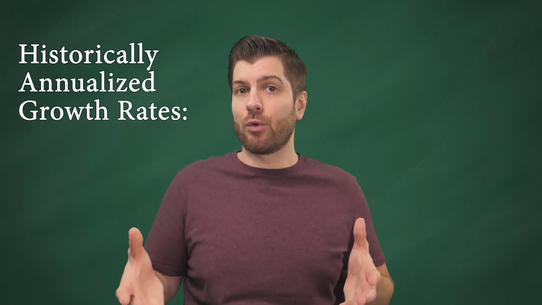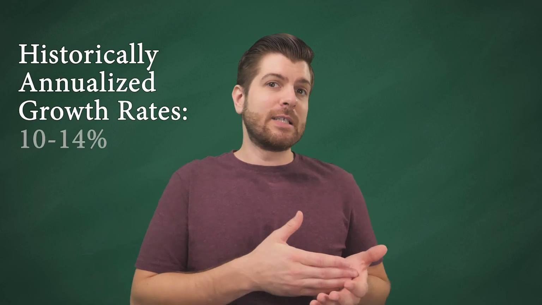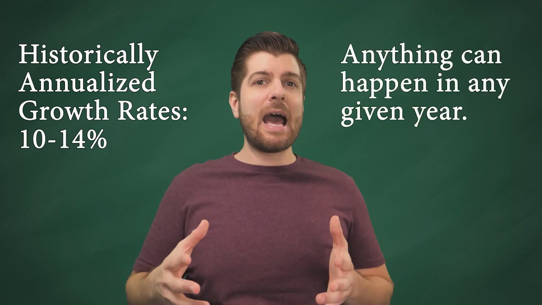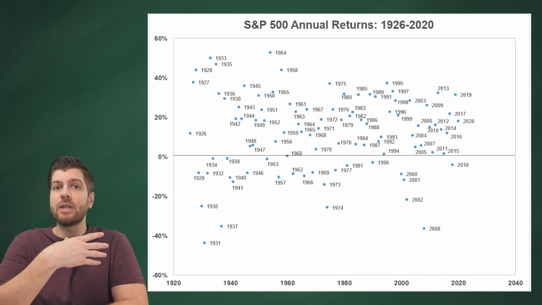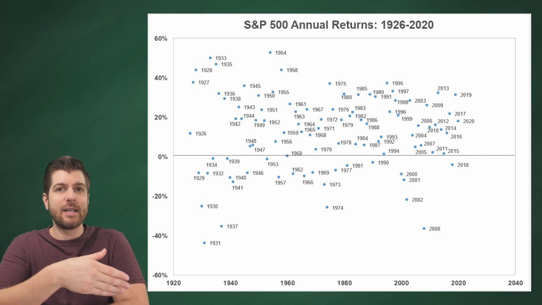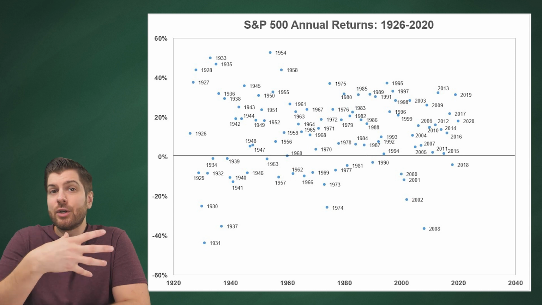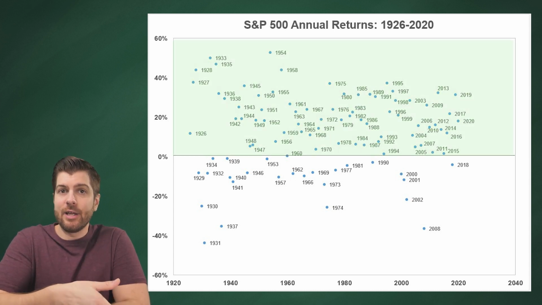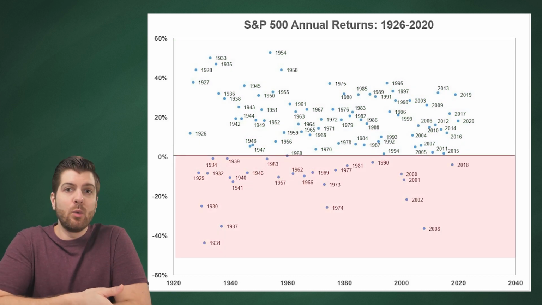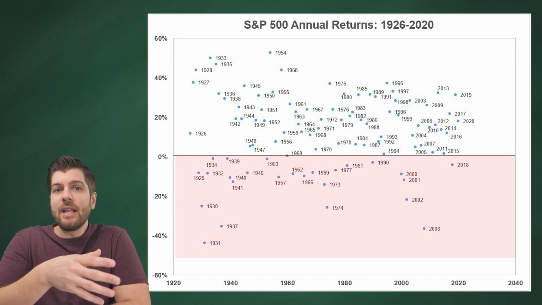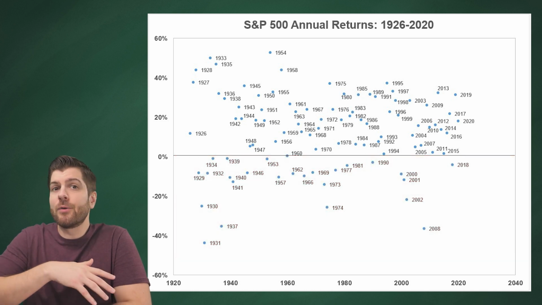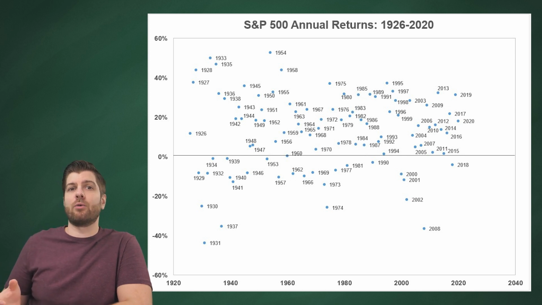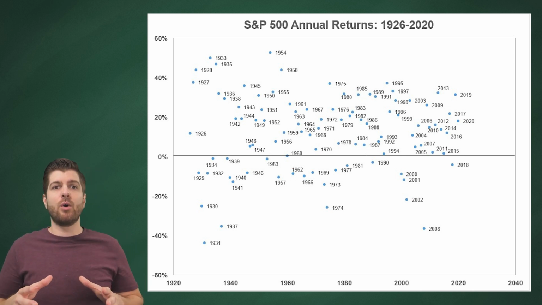I just want to point out at this time that although we've just seen that historically the annualized growth rates over different periods of time have been around 10 to 14% annualized, it's important to know that pretty much anything can happen in any given year. This chart here shows annual returns for each year between 1929 and 2020. And as you can see, there are years where your capital would have grown significantly in that year, but there are also years where your capital would have decreased as well. So anything can happen from one year to the next. But over the long term though, historically speaking, at least, your annualized growth rate would have been around about 10%,